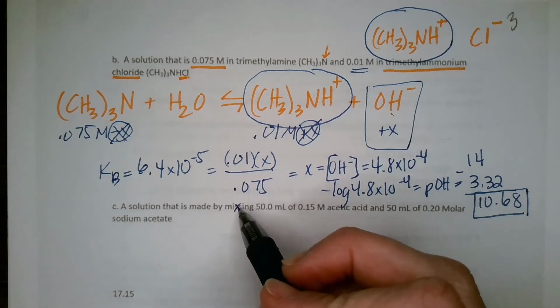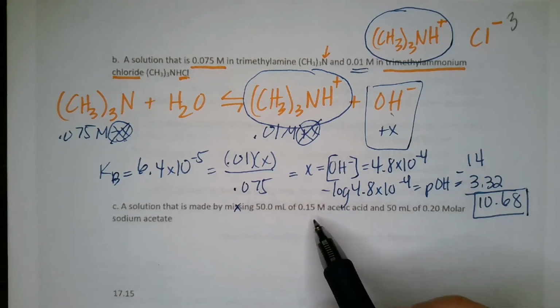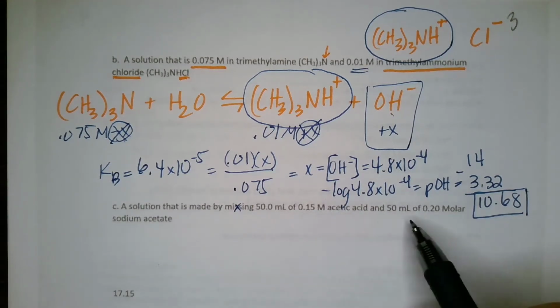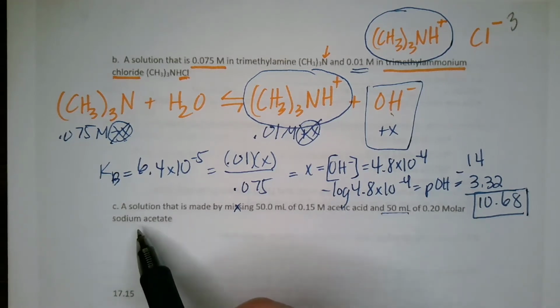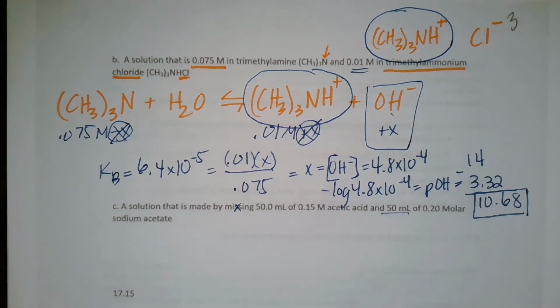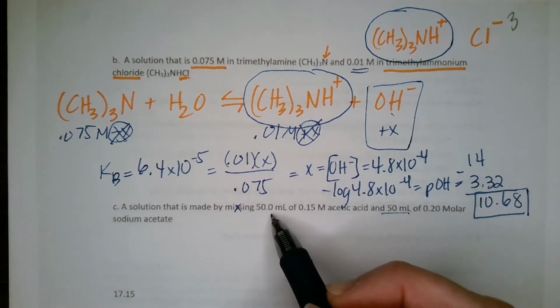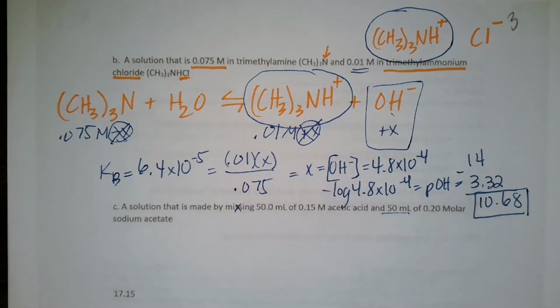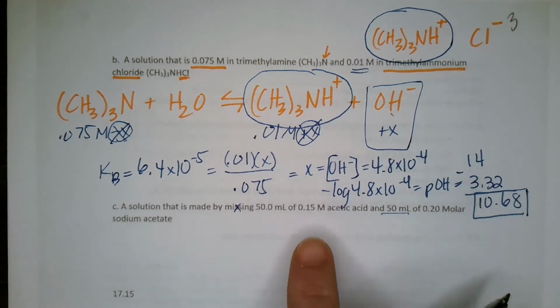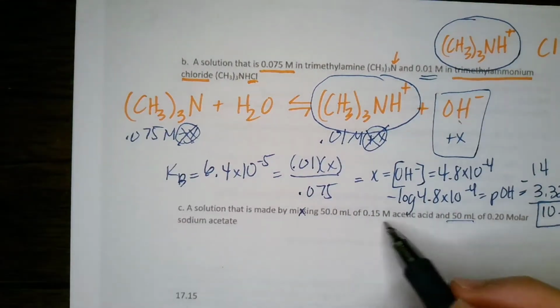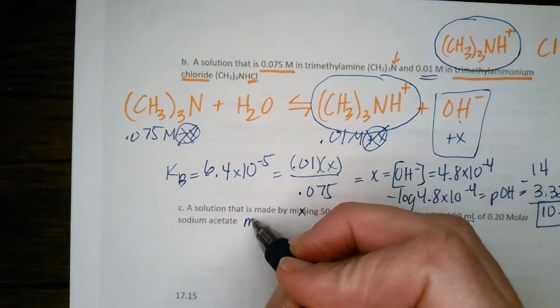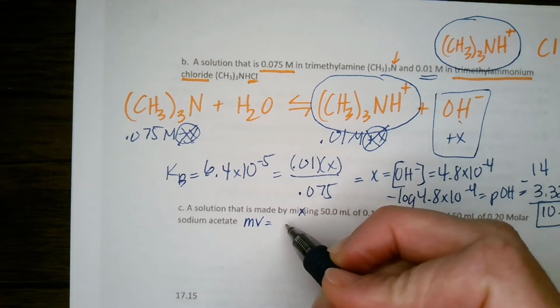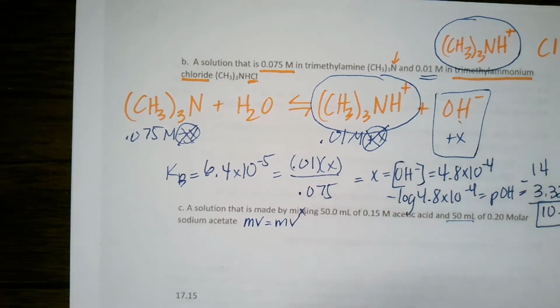We have a solution that's made by, I think that's supposed to say mixing, 50 mLs of 0.15 molar acetic acid and 50 mLs of 0.2 molar sodium acetate. So we have a dilution, actually. So we have a concentration here with 50 mLs of one and 50 mLs of the other. So we're going to have a total of 100 milliliters, which is going to dilute these. So let's figure out what these concentrations are going to change to first. And we're just going to use